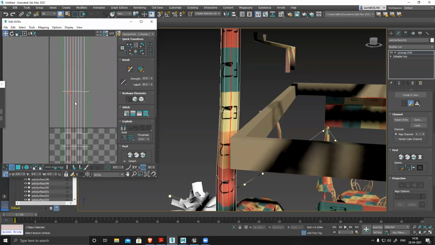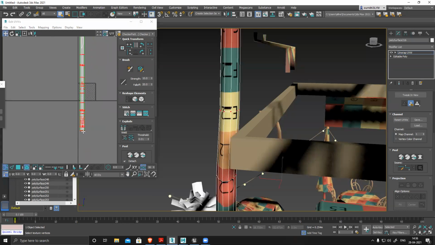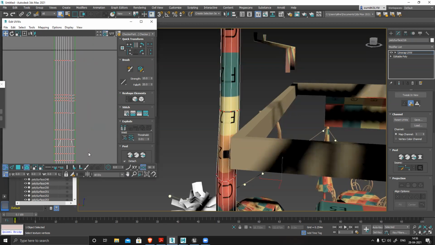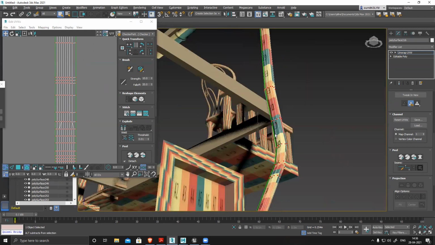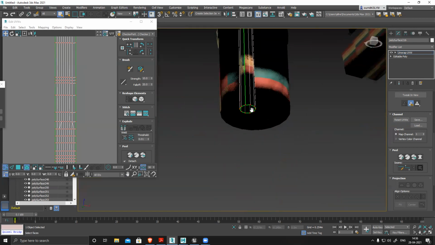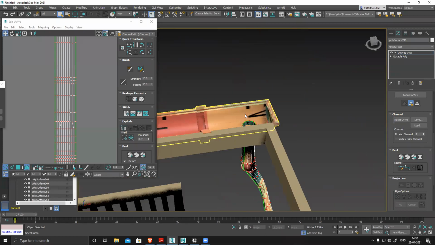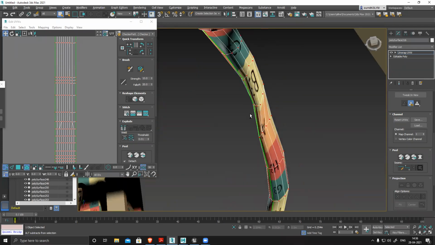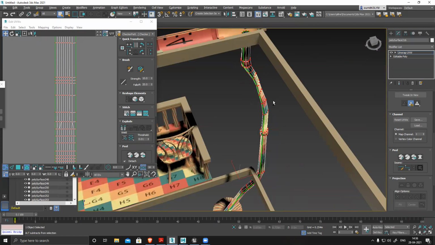Yeah. So it's front and back overlapped. Now I have to see if there is... it's fine. Oh, there is one vertex here.